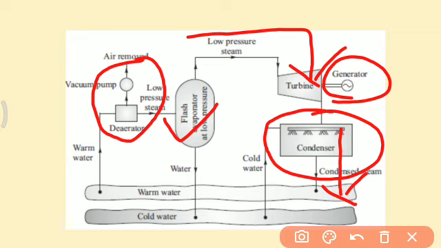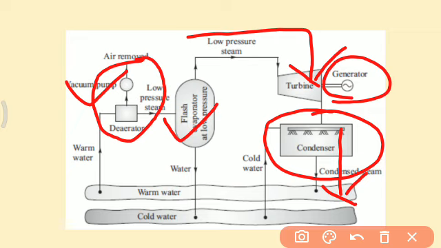Due to this, the volume of the steam decreases and a lower pressure zone is created automatically. So due to this pressure difference, the turbine starts rotating. There is an advantage of using this vacuum pump. The advantage is that there are some dissolved gases in the water of the ocean. These gases are discharged to the atmosphere by using this vacuum pump.